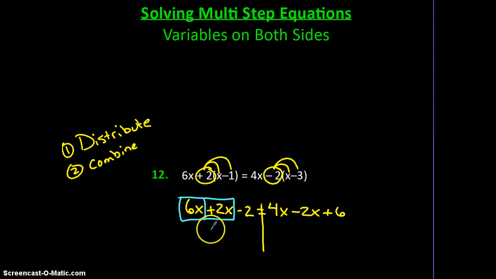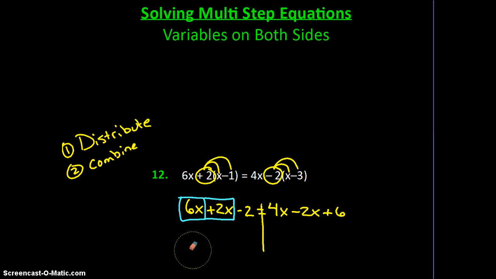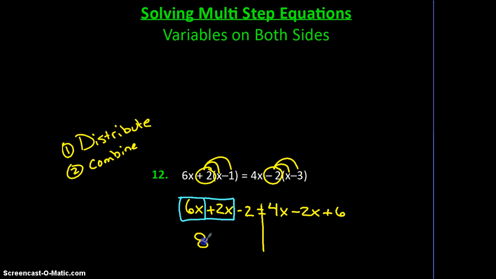I'm not going to subtract. I know a common mistake is to go through and subtract 2x and 2x. Well, 2 reasons why that's wrong. Number 1, technically in here, we can't really go through and subtract 2x from both sides from over on one side, because then we'd have to subtract it all the way over here, which in that case, technically that's a 4x. So that's a common problem that we see. The other thing is you're not really balancing the equation. So we want to go through and combine these like terms, which in this case,